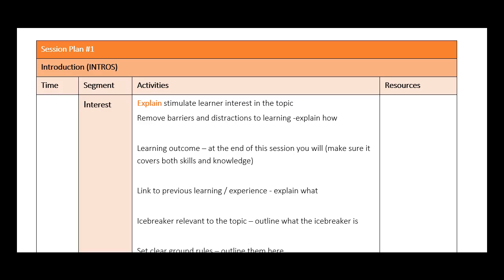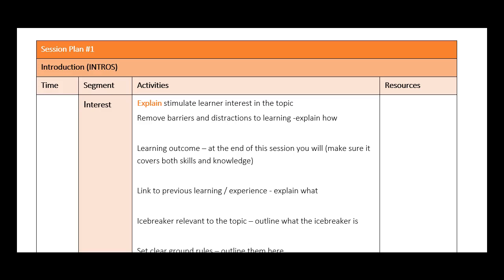If you submit this assessment with just those headings and nothing filled in, it will be a resubmit. We need to see how you've developed this session plan. We've given you the bare bones. You need to then flesh it out with what information you're going to put behind each of those topics. We also need to make sure that your timing in the first column is filled in and also the resources